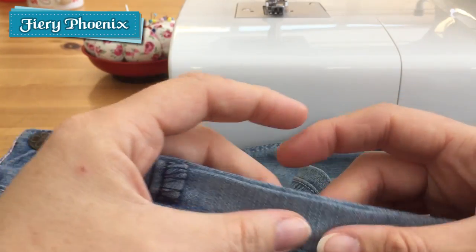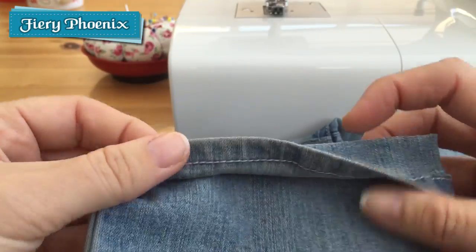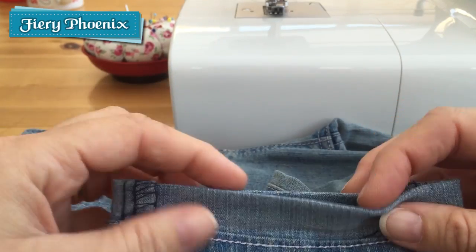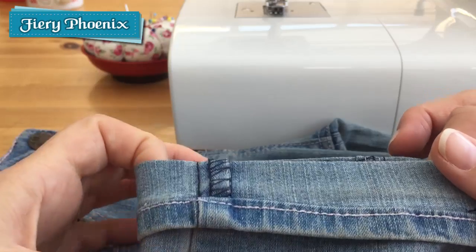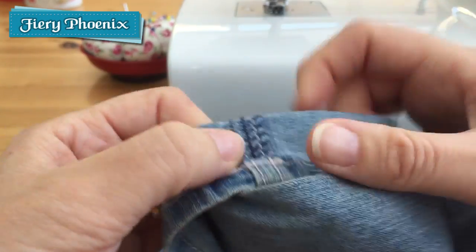When we turn these, we want them to be the right side out. We're going to turn out the hem that we're going to be taking up, and we need to pin it in place. Now, if you've pressed it as securely as I have, you probably don't need to pin it. To be fair, I'm not going to pin. However, I would strongly suggest, if you're not confident and comfortable